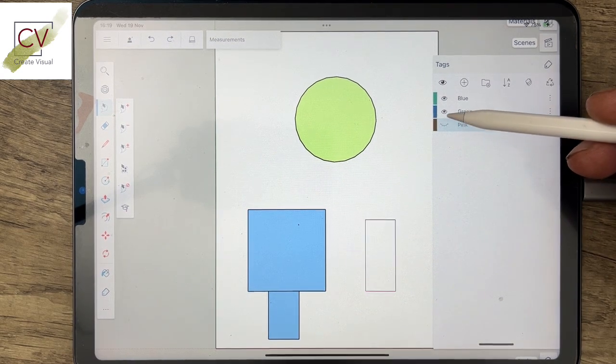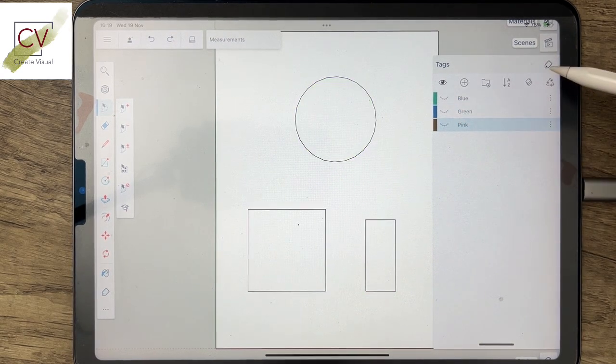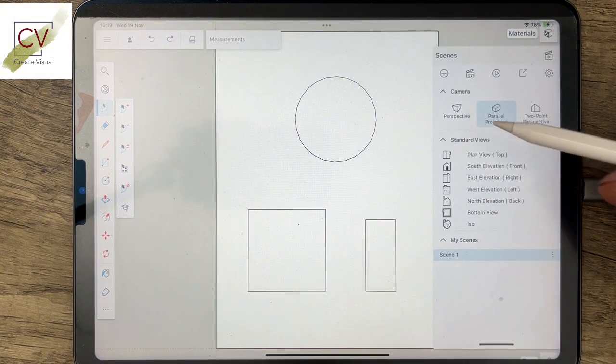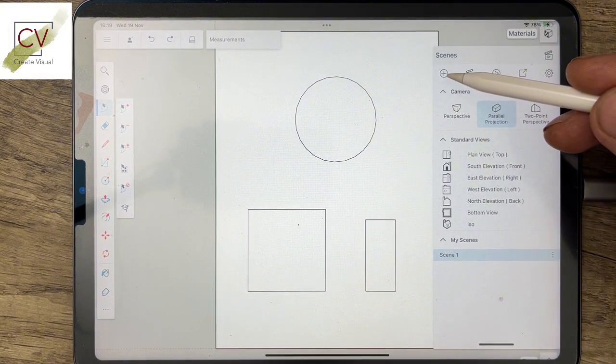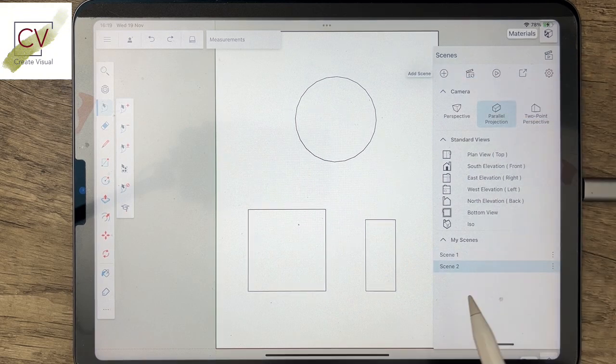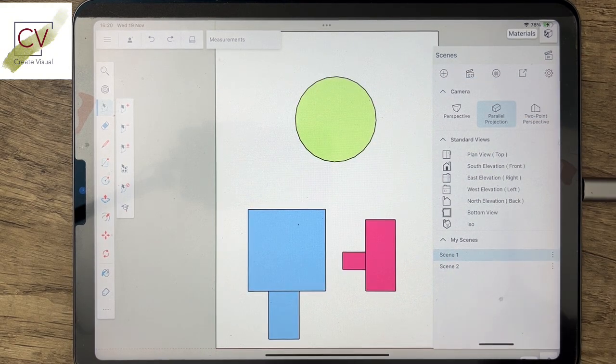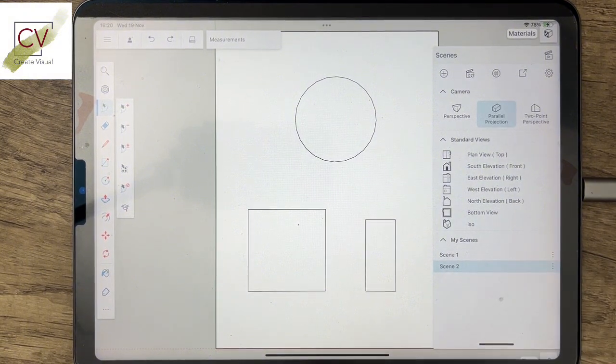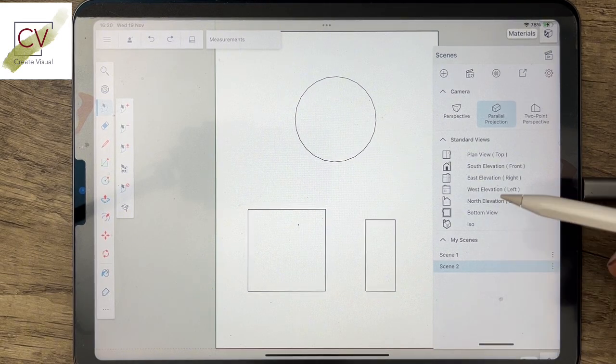And so we need to be able to set up a scene, if we now go back to Scenes, like this. And so Scene, add another scene, the plus is at the top here, and so that's scene 2. So we've got scene 1, which is like that, and scene 2, which is like that. But we also want to see what this model looks like in perspective, which is the view that we had before. So if I switch on the